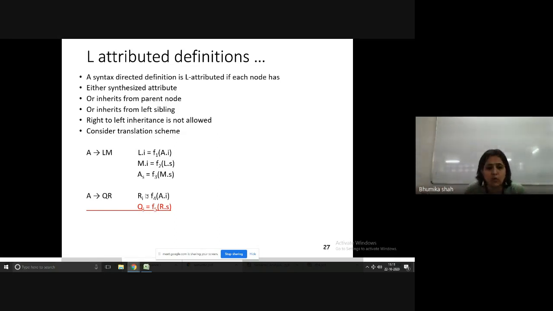This is not allowed. So you have to check whether this grammar is L attributed or not. It is not L attributed grammar. Why? Because this particular semantic action is not satisfying the properties of L attributed grammar. Why? Because any node's value cannot be calculated using the right sibling's value, which is happening over here.